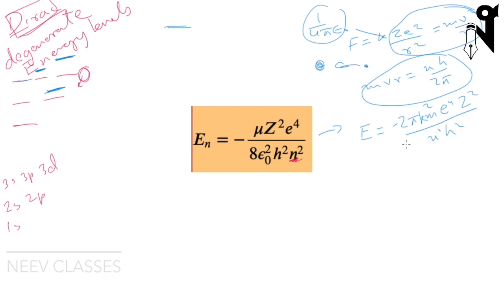If you replace the k with 1 by 4 pi epsilon naught, you'll get exactly this thing. Where Bohr guessed this from is another matter of discussion, but he imagined it pretty well, that the angular momentum is in quanta, it has jumps of h by 2 pi. So using that, we at least get the energy of the Bohr model, and the energies by Schrodinger are the same,